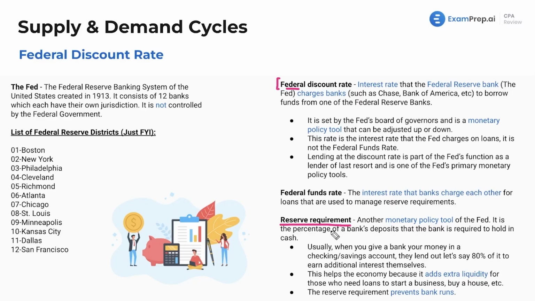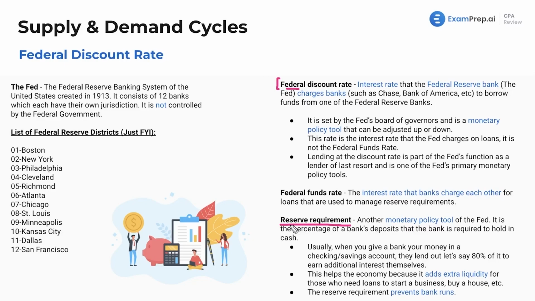It's been at zero. It's been higher. It depends. The reserve requirement being at zero means that I give them $100, they can lend out all $100. Now, if there's a run on the banks, it's a little risky because now I can go in and say, "Give me my money." They don't have the money to give me, and then it's a big mess. Chase has to get money from Bank of America or from the Fed, right? It's a whole process.